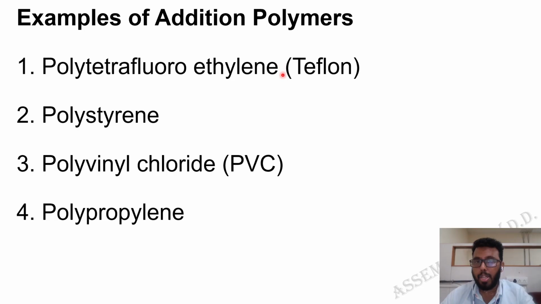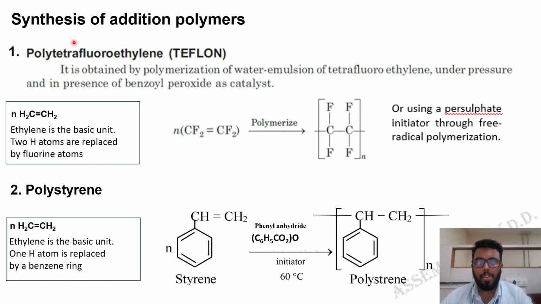So polytetrafluoroethylene, Teflon. Teflon is one of the widely used polymers, like for pipes and other O-rings. They are used to wrap with this one. This is highly hydrophobic, so it can repel water. So Teflon has a lot of applications. And polystyrene. Polystyrene fabrics are also used. Polyvinyl chloride pipes, the ones we use for electrical insulation pipes, are also made of vinyl chloride. And polypropylene. Polypropylene bottles and tubes are available. So these are the 4 major addition polymers. We will see them one after the other. First, I would like to discuss